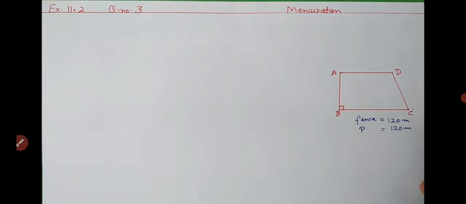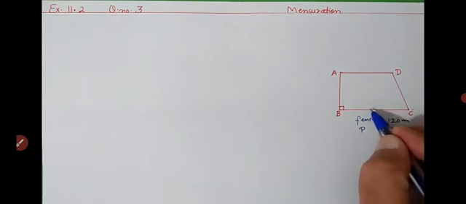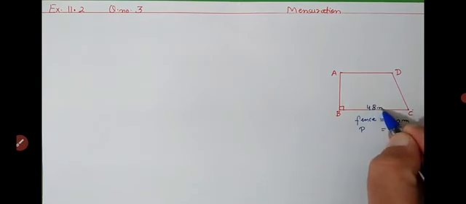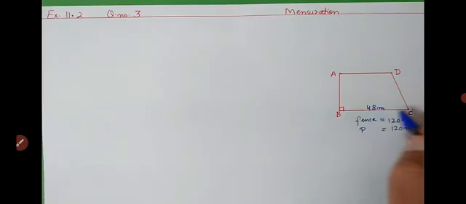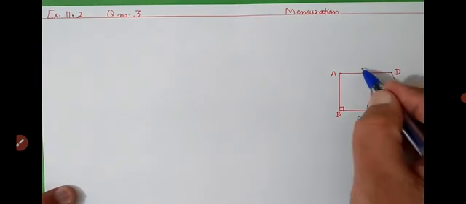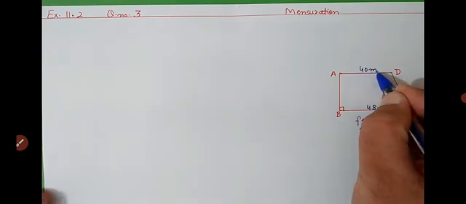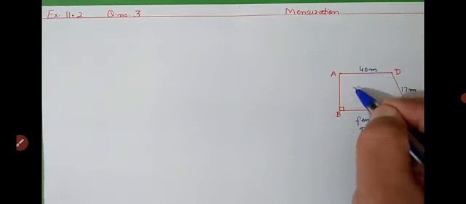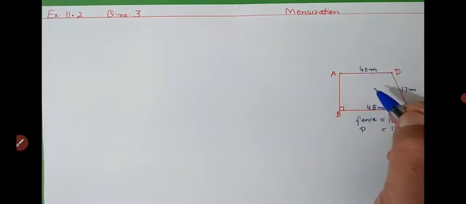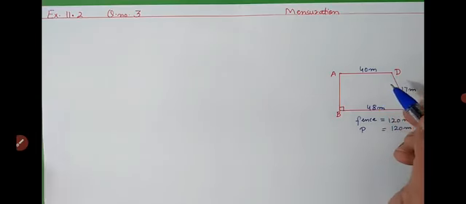So how much fencing is to be done? 120 meter. So the length of the fence of a trapezium shaped field ABCD is 120, which means the perimeter is given. BC is given, CD is given, AD is also given, and we have to find the area of the field.